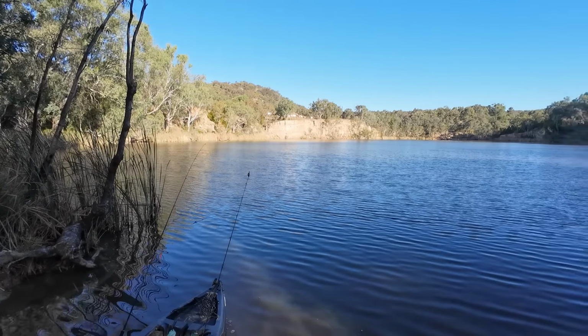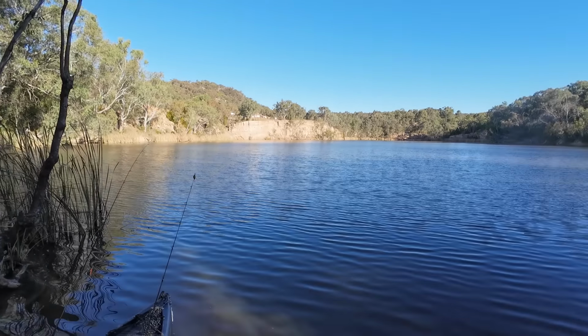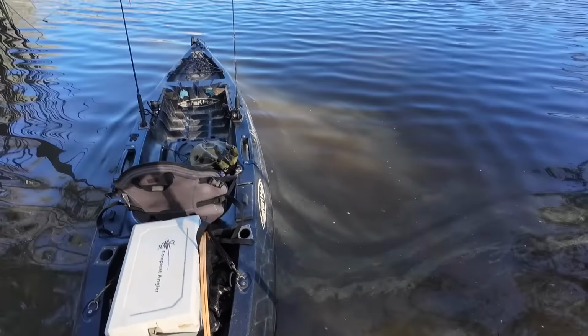Now I've made quite a few videos at the Eldorado dredge hole. Well, this is what we call the top cut dredge hole. This isn't the one with the big floating dredge that I normally fish in. This is a bigger one a bit further up the road. I do have a couple of videos of me fishing here. It's not as touristy because it doesn't have the floating dredge, but it is a very popular spot, particularly in the summer months. And that water's freezing cold, and I haven't got my sealskin socks because they're on the clothesline,